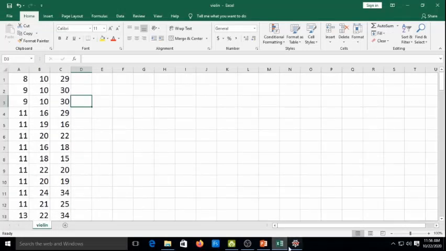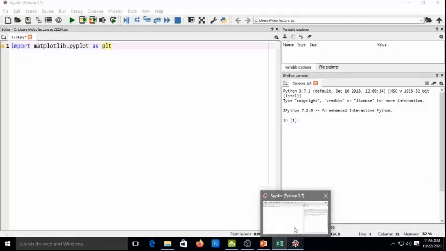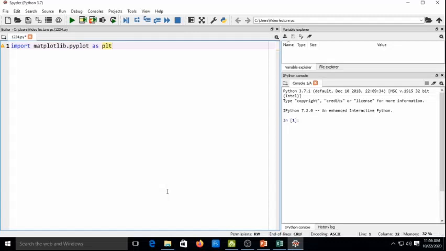Now to read this CSV file, I have to make a file pointer: fp equals open, and write the full path of the file, that is F drive violin.csv. CSV is a comma separated value file.